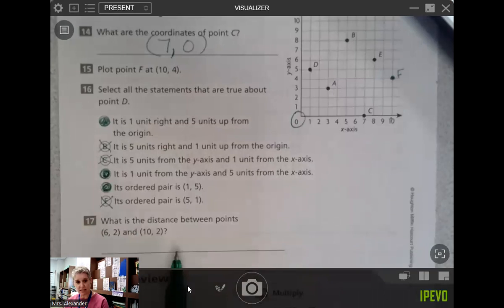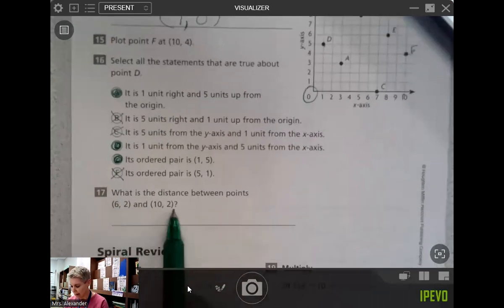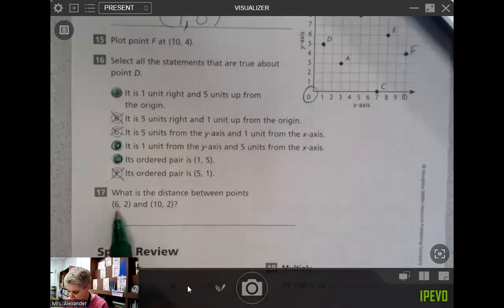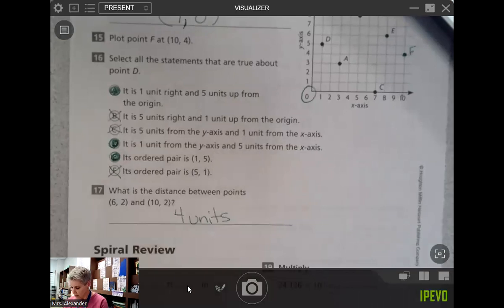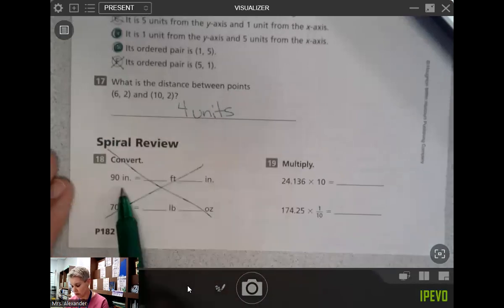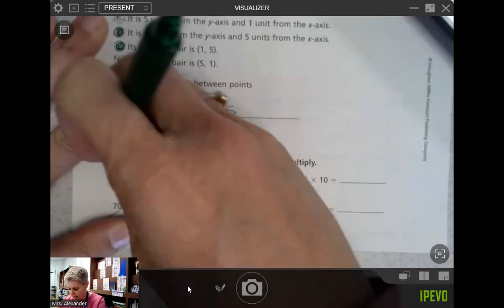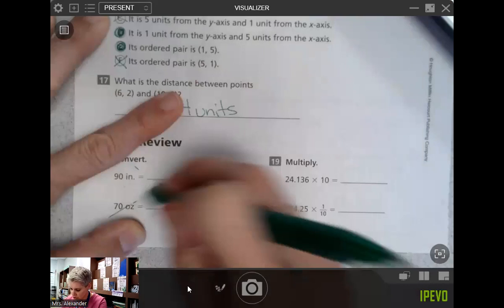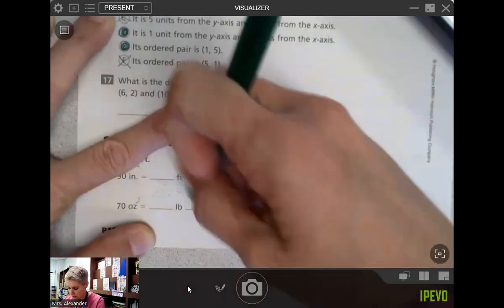What is the distance between the points 6, 2 and 10, 2? Our x coordinate is different by 4 units. All right. We did not do converting, so we're not going to worry about converting in the spiral review. If you know that there are 12 inches in a foot or 16 ounces in a pound, you could do that. I guess I shouldn't cross that out. I should show you. We did not do this in class at this point, so it's okay if you're not sure,